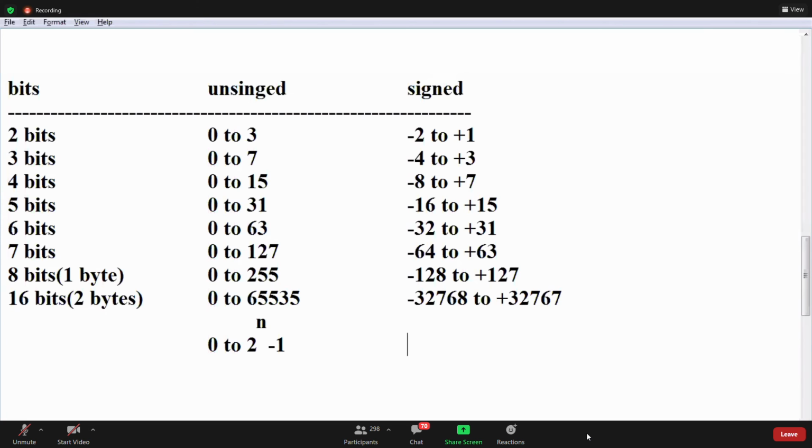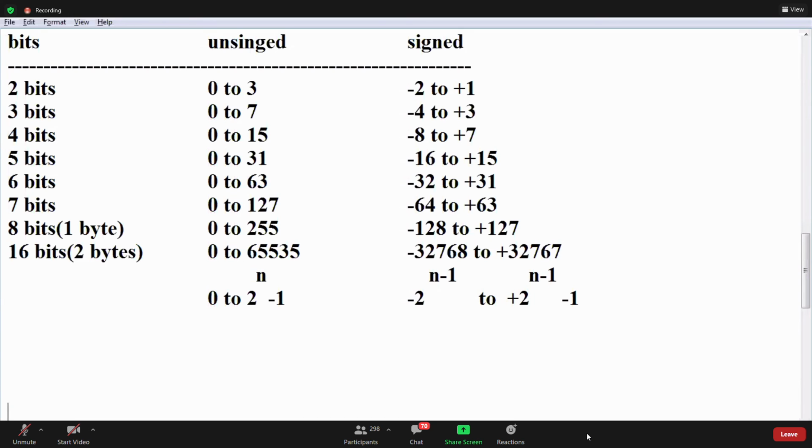I told you the formula also: n is the number of bits, guys. The range is -2 power n minus 1 to plus 2 power n minus 1 minus 1. Yeah, guys, listen carefully. Clear this one? Completed?